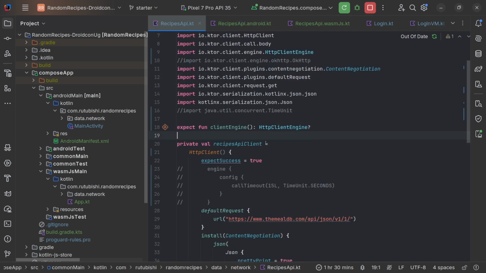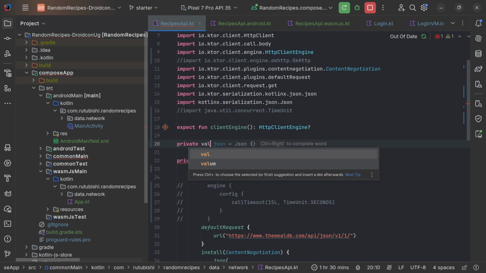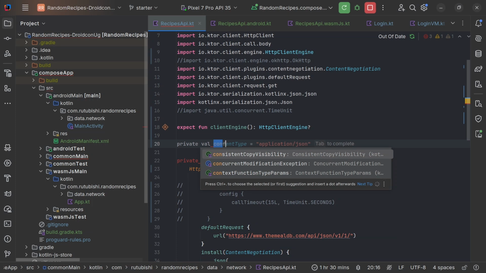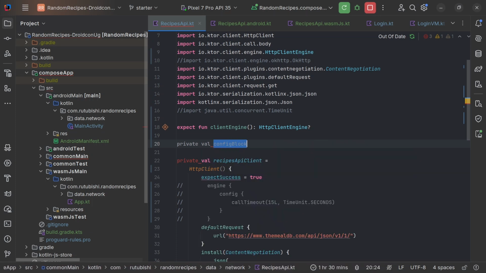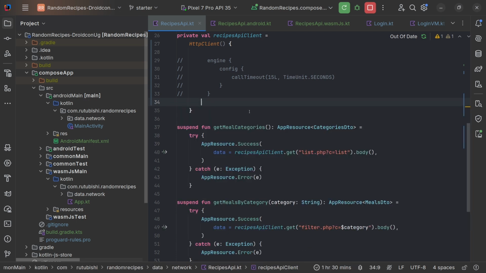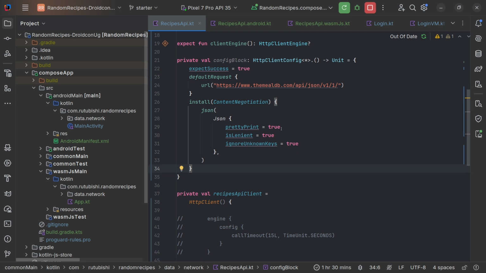Now, within our recipes API, we will create a variable. Let's even make this private. This will be equals to our config block, so where our configurations will go. This is actually of type HTTP client config, which will return units. All our configurations will go in here. So the default request, let's go in here, and